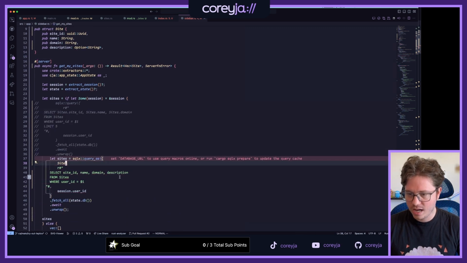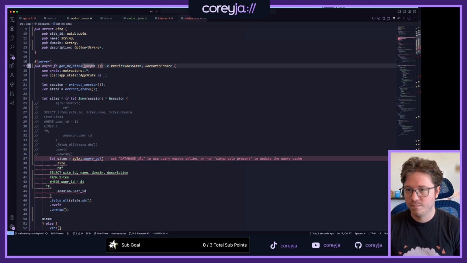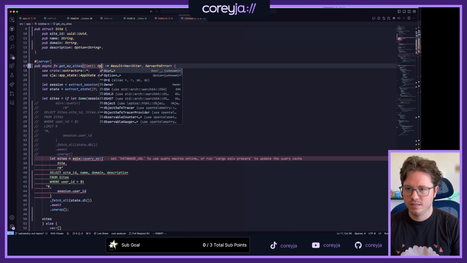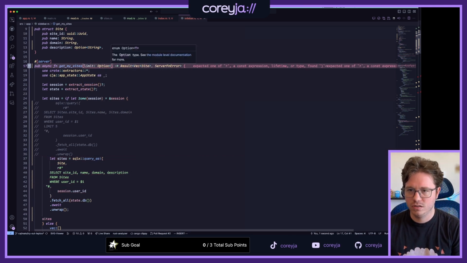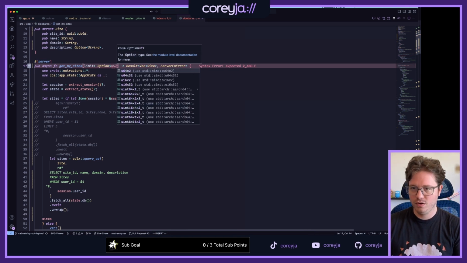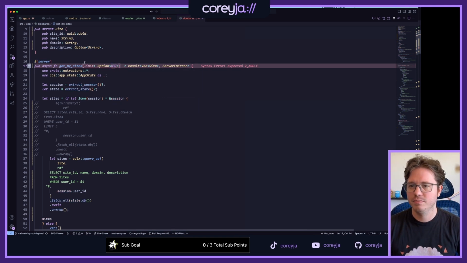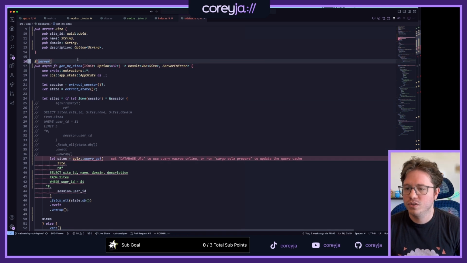Query as site for user ID. This does a limit 5. Limit is an option of an I64, I32, sure, it doesn't really matter to me. Perfect.